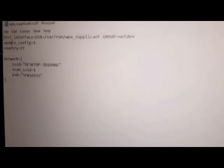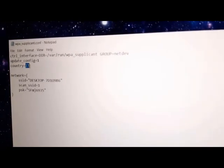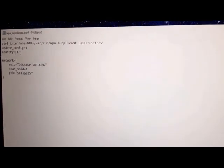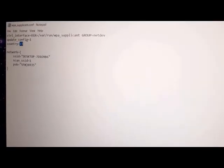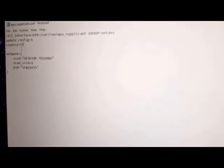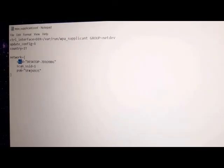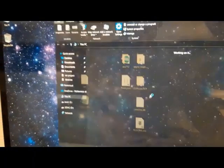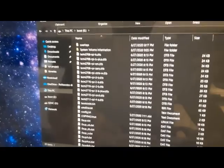And you need to write this sentence to this file, and also choose the country and change this one to your country. For example, if you are living in Germany, or in this case you live in Italy, you need to change it in 2 bytes. For example, in Italy we have IT, and you need to add the SSID and the pre-shared key of this file, and this is my info. And you should copy these 2 files into the microSD of the Raspberry. And after that I remove the microSD,